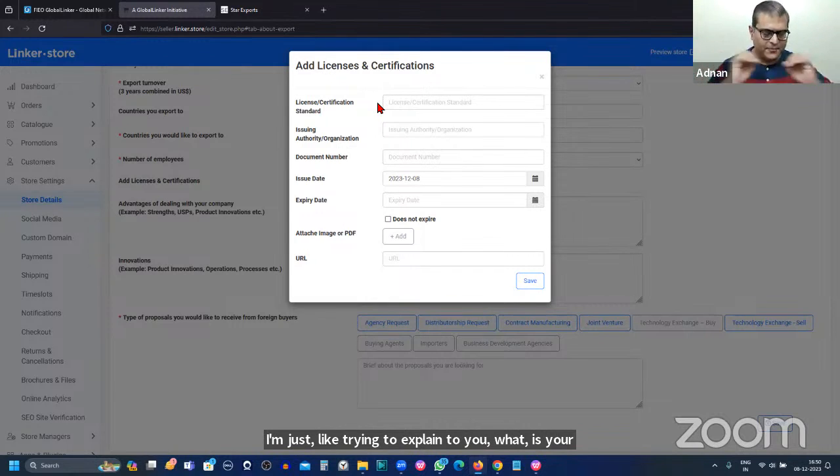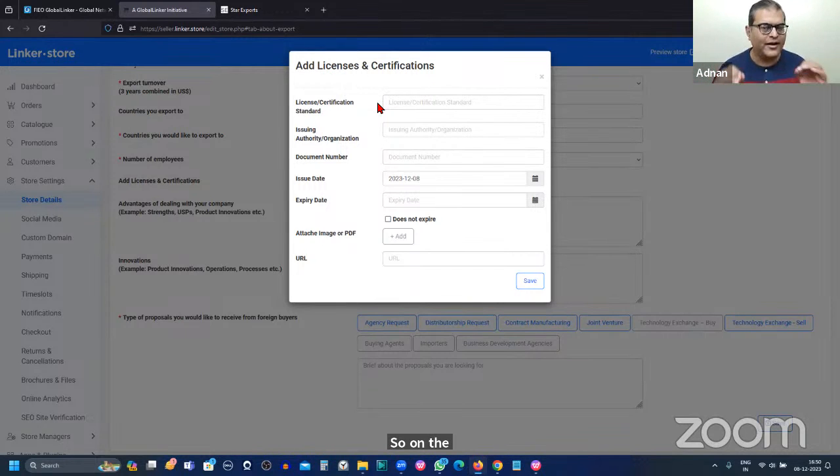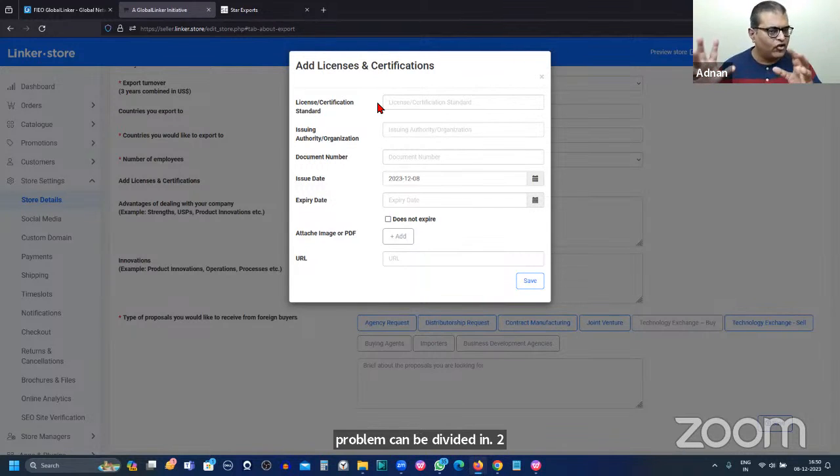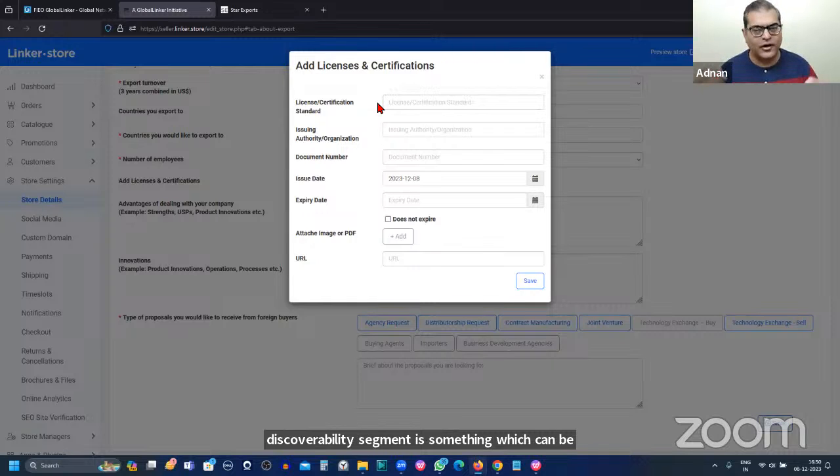So on the internet, the problem can be divided into two segments. The first segment is the discoverability segment, and that is something which can be solved. You can showcase products on Indian Business Portal, and that solves your discoverability challenge to a certain extent. Or you can start running Google ads, or advertising on social networks, etc. Or if you start running email campaigns. So there are many ways in which you can solve the